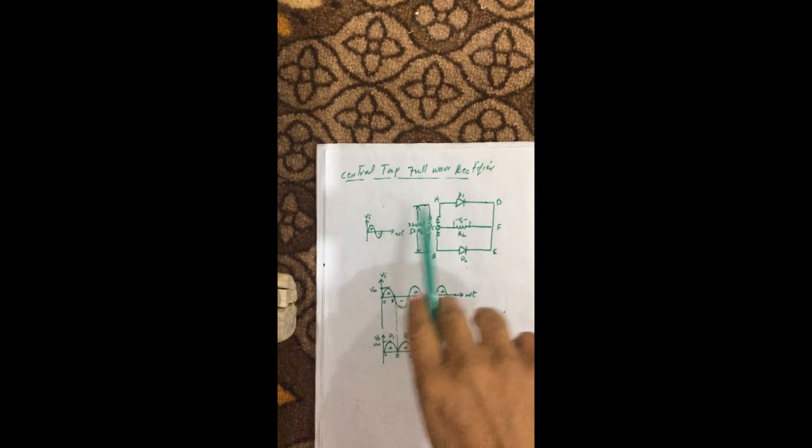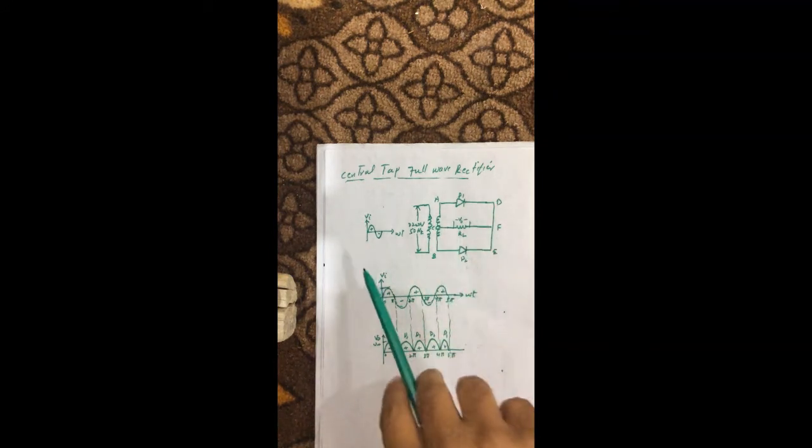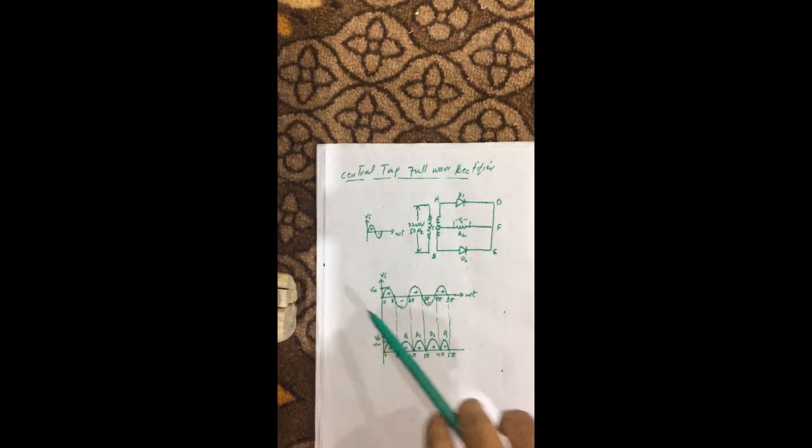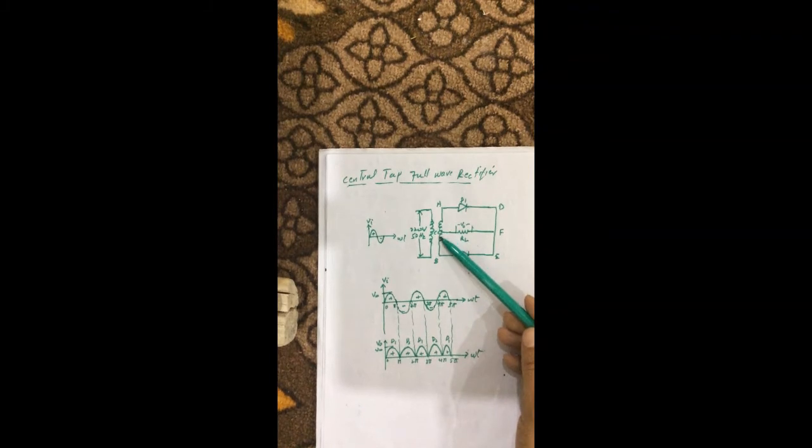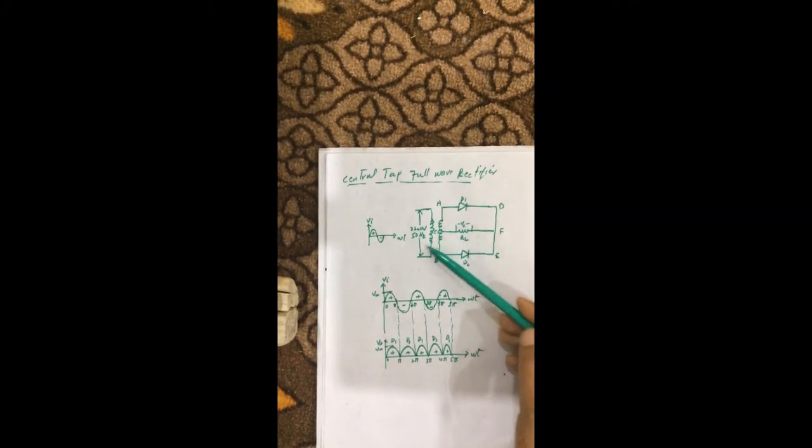Okay guys, in the last video we discussed the center tap full wave rectifier. This was the circuit diagram. We discussed it in detail, and these are the input signal and the output signals given here. This is omega t. If the positive half cycle reaches the primary coil of this center tap transformer, then D1 becomes forward